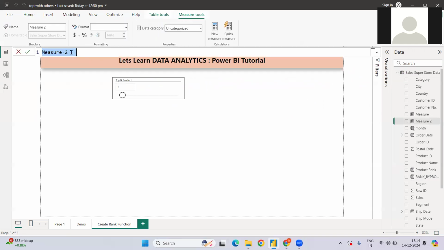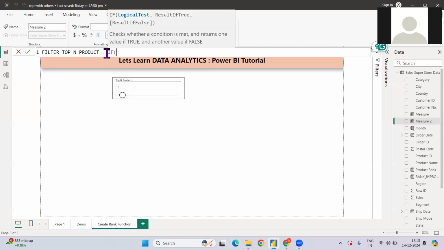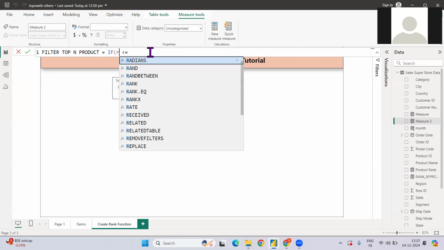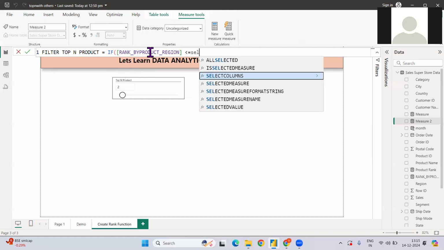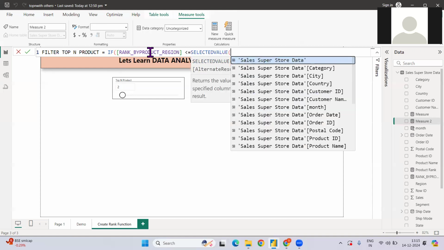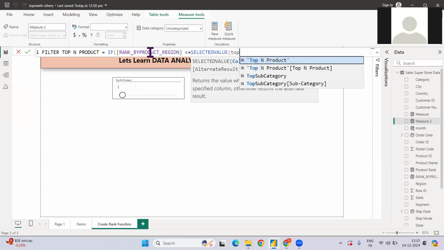For this, we need a measure called filter top n product. If my rank by product region measure is less than or equal to the selected value in my top n product parameter, which we have created,